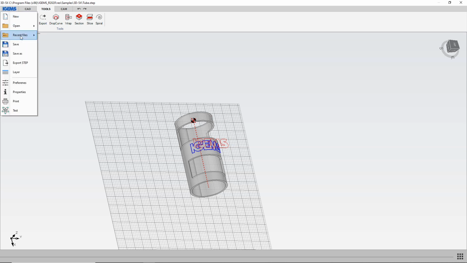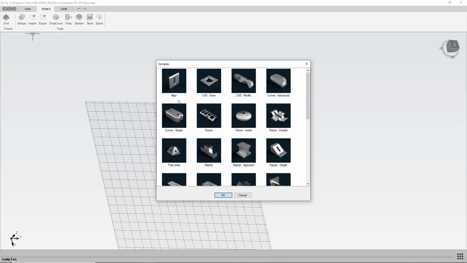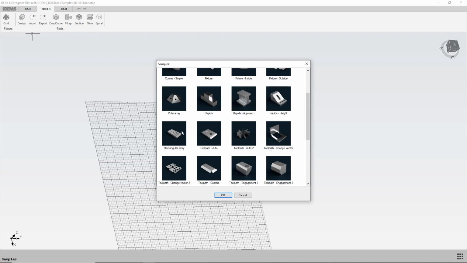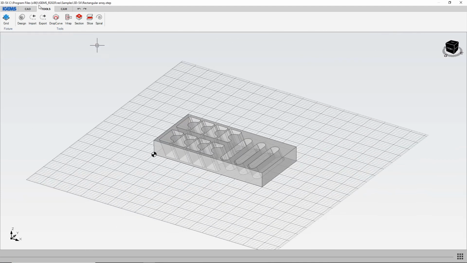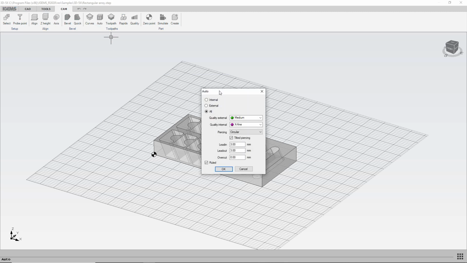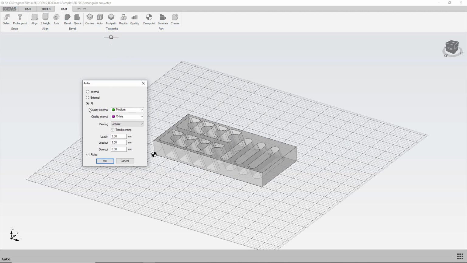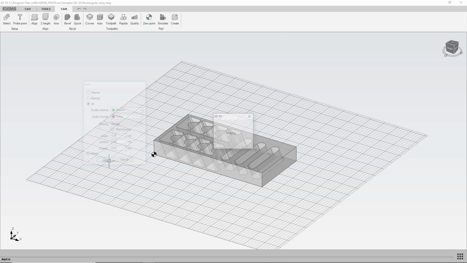Let's open another sample and show you what else we've done. Let's use the rectangular array. Yes. So cam, I'll use the auto function. And in here we've added the external quality and internal quality, so you can specify those both in the auto command but also just on any other toolpath. So click OK,